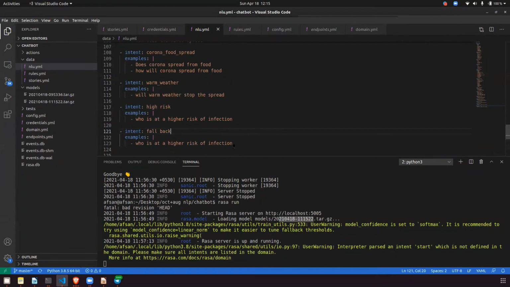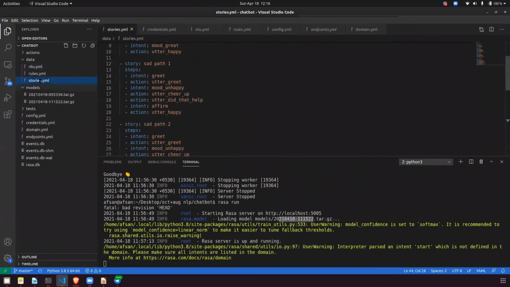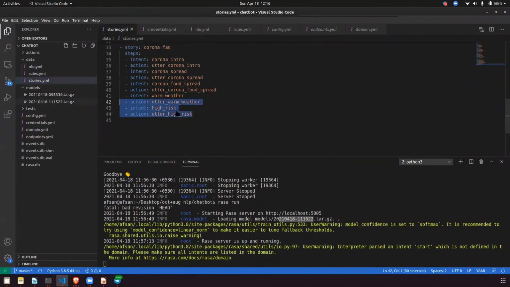So if the user is typing something rubbish, something like "get lost", so what you can do is you again have to go to stories.yml. You have to write here the actions and everything. Okay, and when this is done, then in stories.yml you have to give the response. So I think now it's clear what you have to do. So basically you have to define also what the user can type. Okay, so the user is typing something rubbish, so then only you have to give the fallback, or don't reply at all. So these two options you have. So now I hope it's clear.